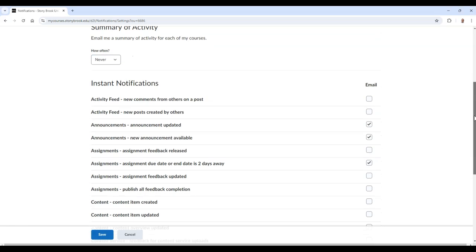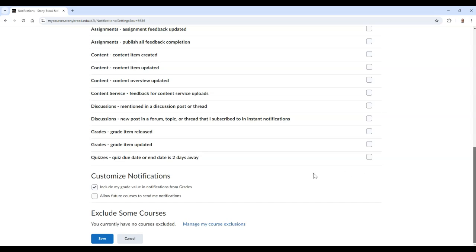In addition, under the Customize Notifications field, you can choose whether or not to include grade values in your notifications from grades, and also allow for future courses to send you notifications. Finally, if you wish to exclude some of your courses from your notifications, you can do so in the Exclude Some Courses area. By selecting Manage My Course Exclusions,